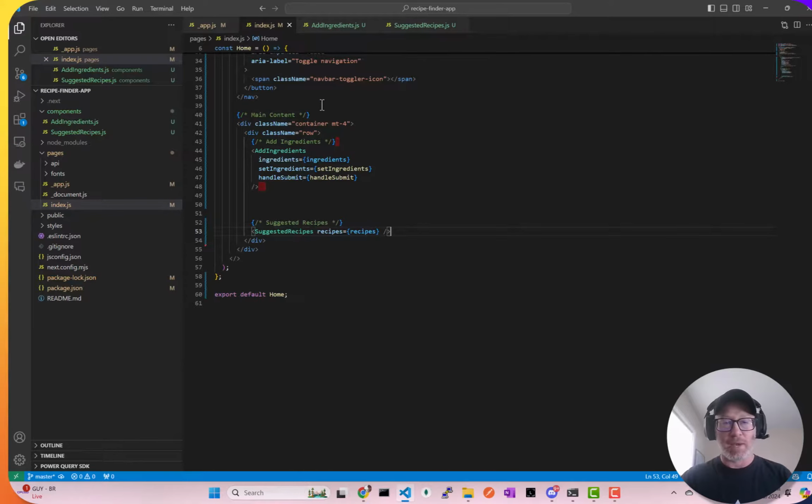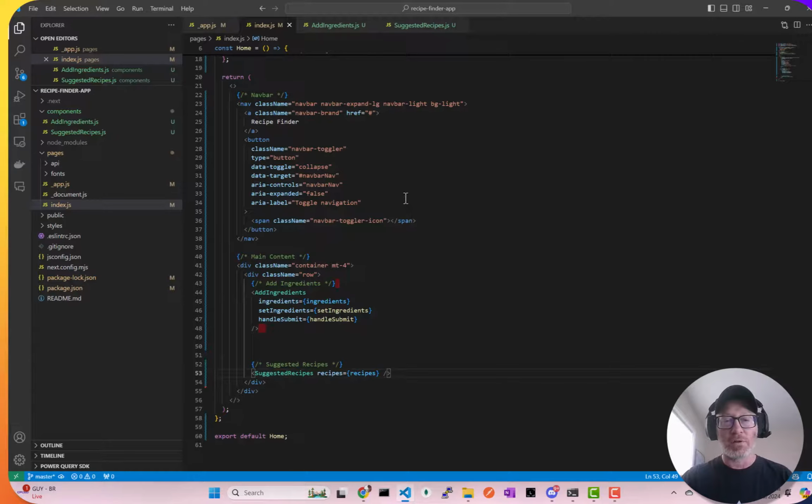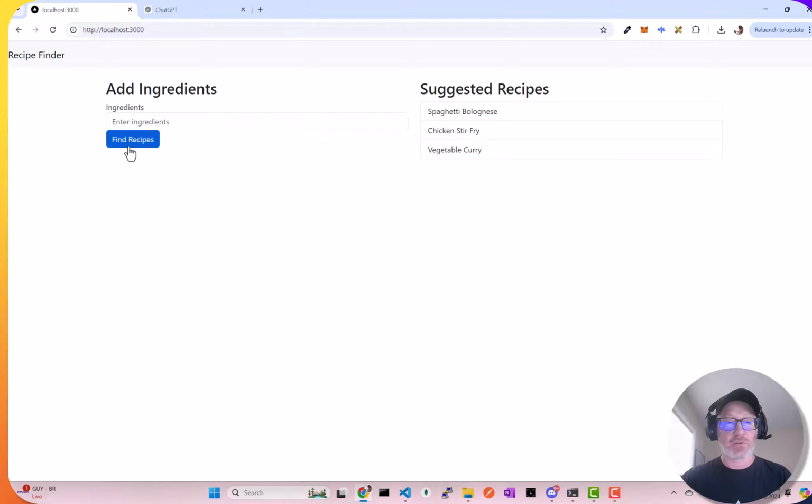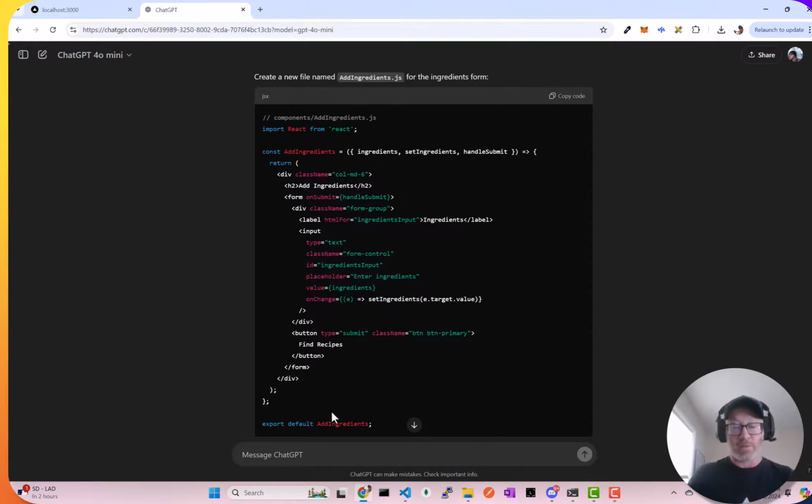We're going to have index call the API when somebody hits the submit form. So when the find recipes form gets submitted, it will call the API and get the recipes from the ingredients. Also, I want to make the UI to where when you type in an ingredient, it will just stack it into a list of ingredients. And then let's go into ChatGPT and say